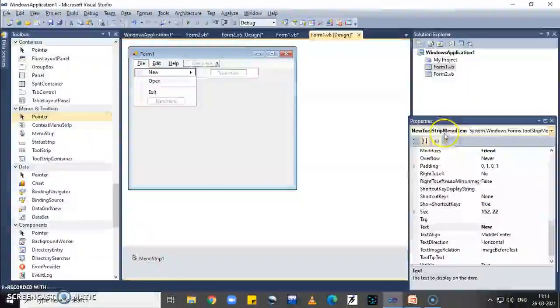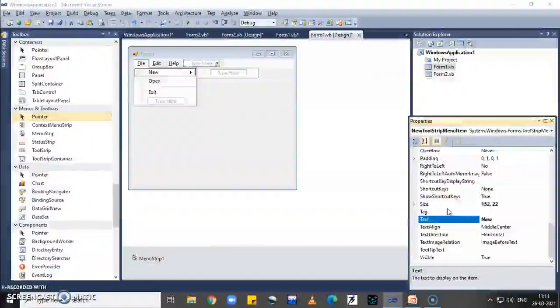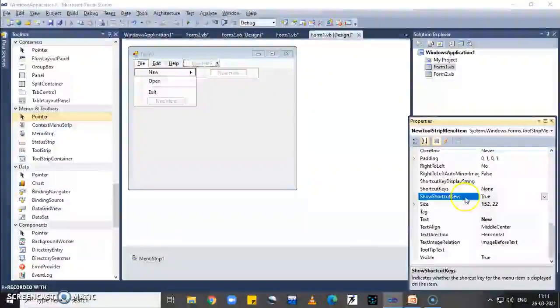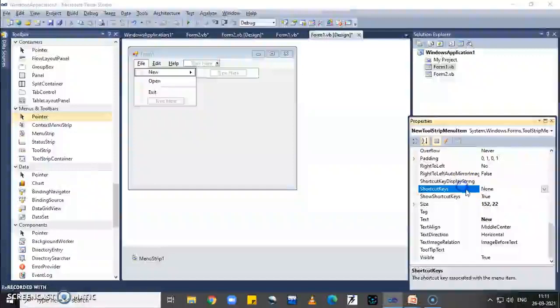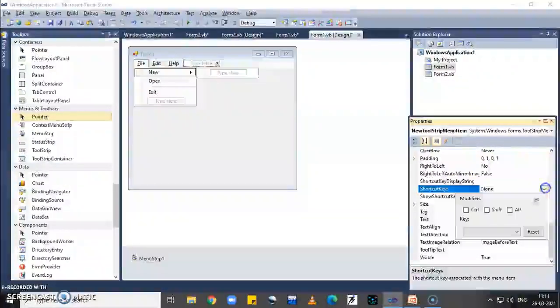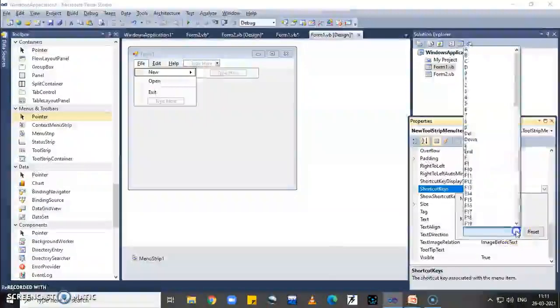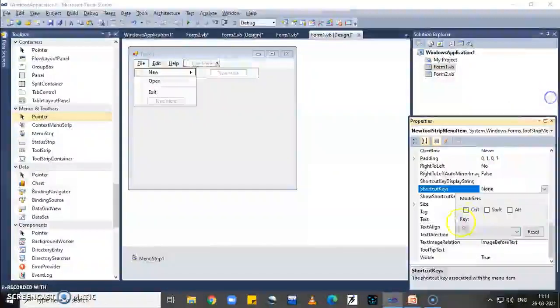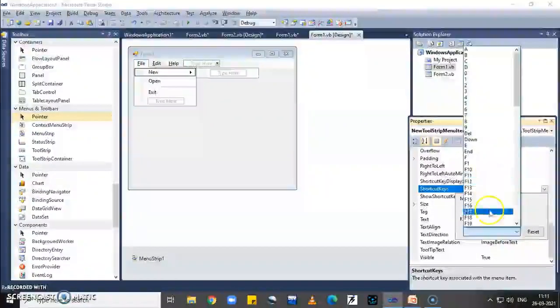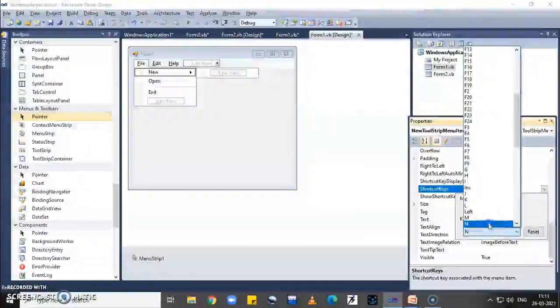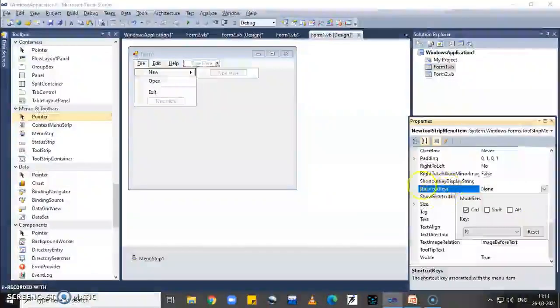Here display new toolstrip menu item, and just set show shortcut keys to true, and set shortcut keys using Control, Shift, Alt combination and any key. So generally Control N is a shortcut key for new. So I select Control key and N for new.